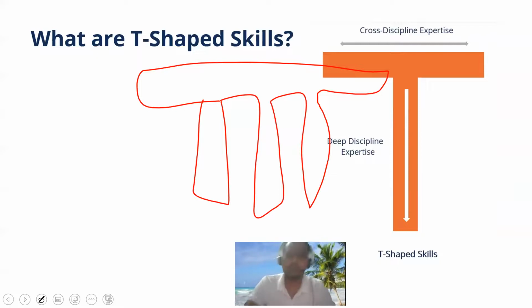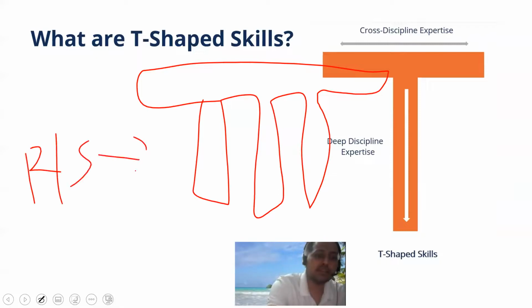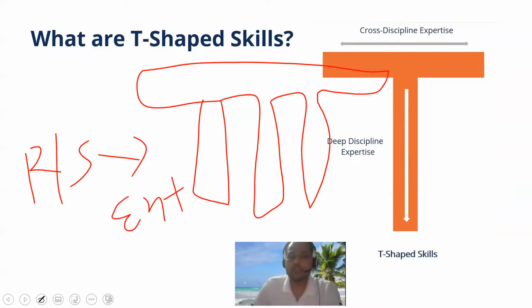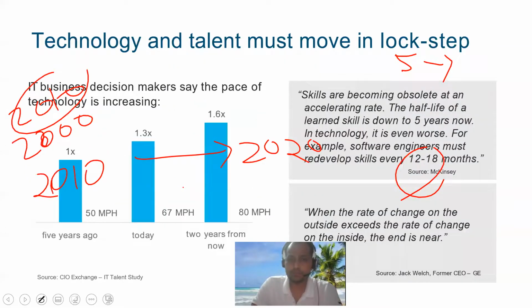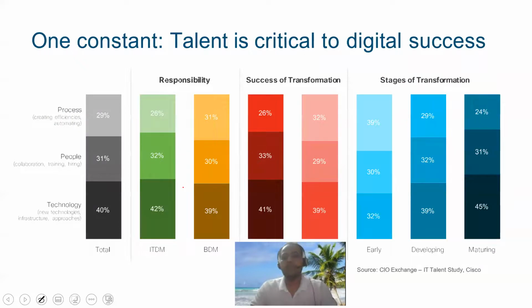Someone was preparing for routing and switching, and suddenly the certification changed to CCIE Enterprise. And in CCIE Enterprise, you have DNA, you have SD-WAN, you have so many new things. You have automation, scripting, etc. So be focused on what you are studying, because all of a sudden things will change. So be ready for the change. That's one key thing. And finally, talent is critical. Talent is the key. That was the thing I was telling earlier in the starting of my video, that companies are looking for talented engineers. And what's the reason?